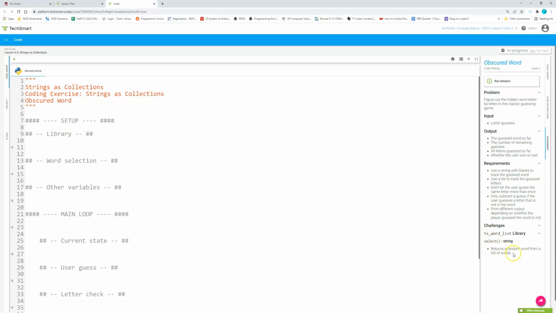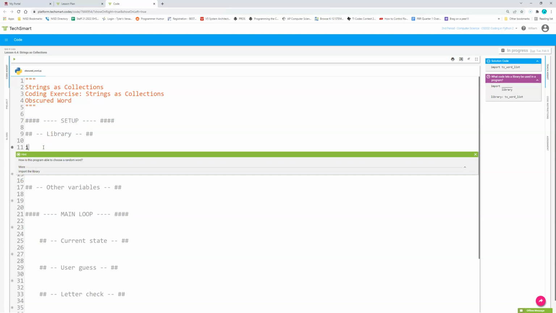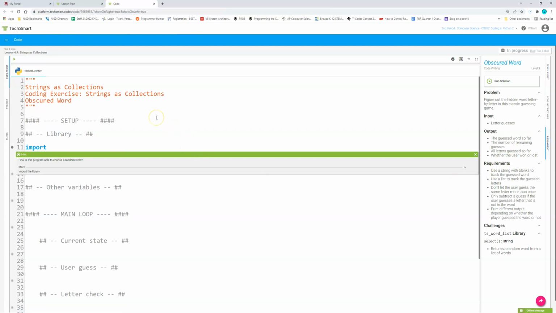It returns a random word from a list of words. So we use these section headings as clues, and we make sure we use our little circles with hints. So how is the program able to choose a random word? Import the library. So we start with import TS